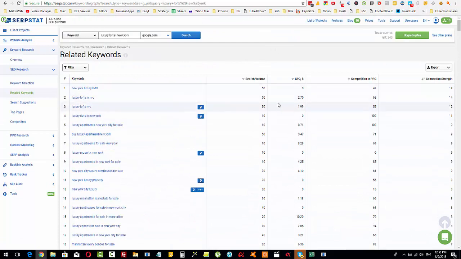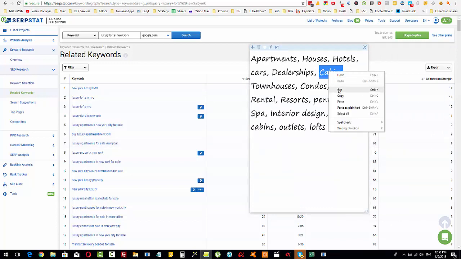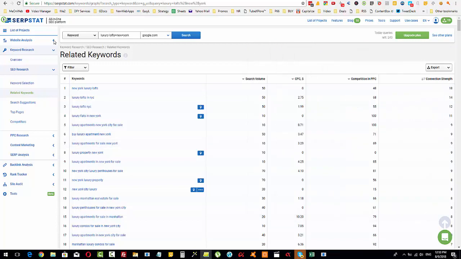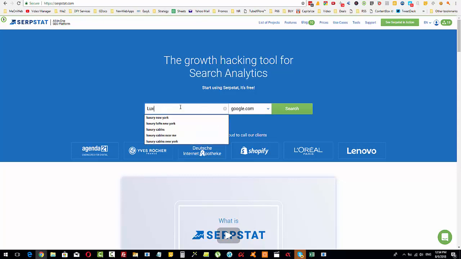But what I would suggest is that we keep digging for now. So that is one option, and I would not rule it out because it's just an easier way into that real estate market. But I want to have a look at some of these other modifiers that we've got in here. Now if I choose cabins, okay, we can see here cabins, and we just come back into the main search page, and I put in here cabins, luxury cabins, wasn't it? Luxury